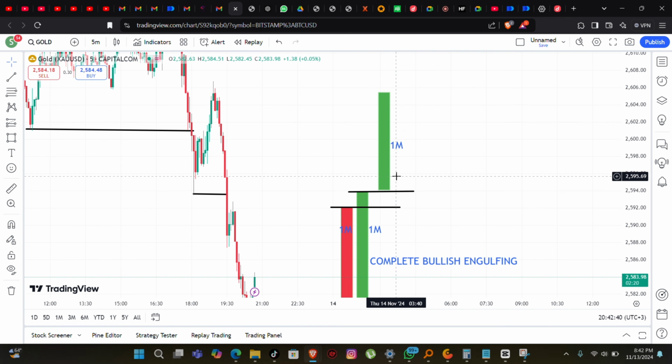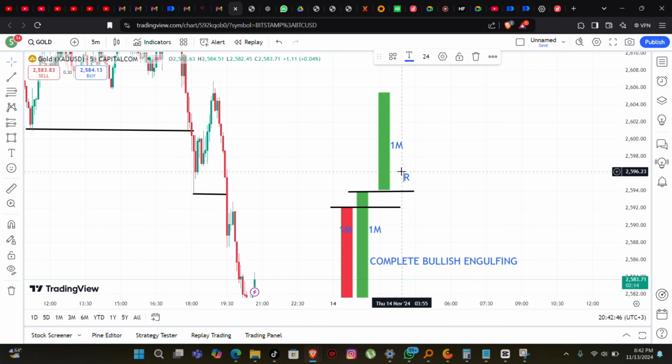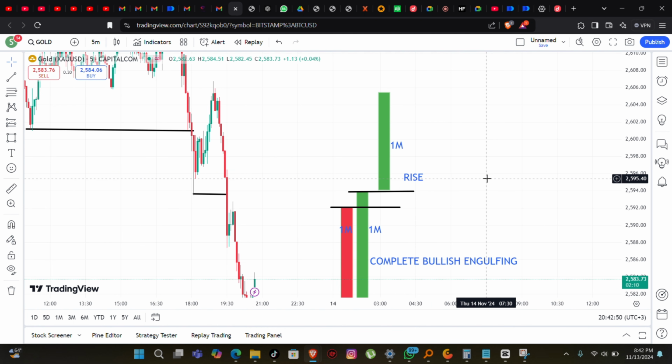So with your 1 minute is the one we are trading, and we are going to say that this market is going to rise. So if at all the market closes, or the candlestick will close above where we entered that market